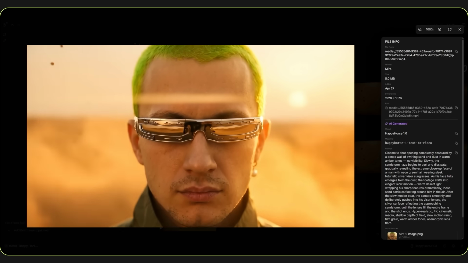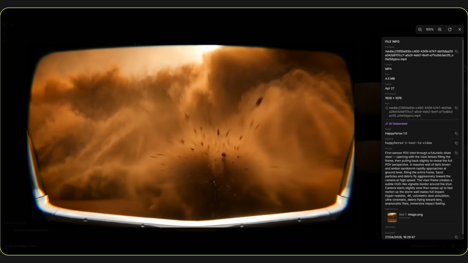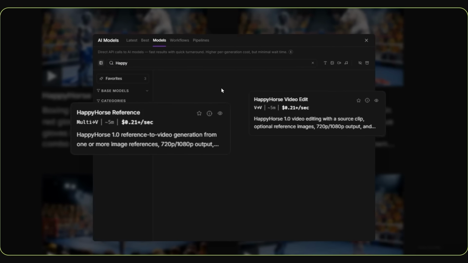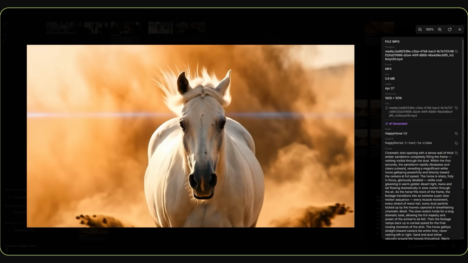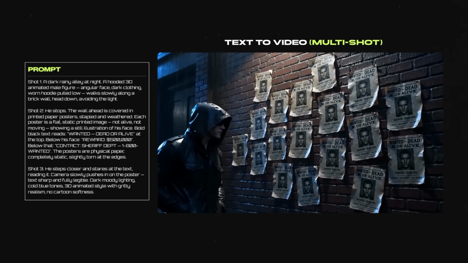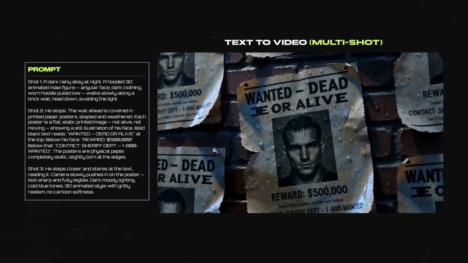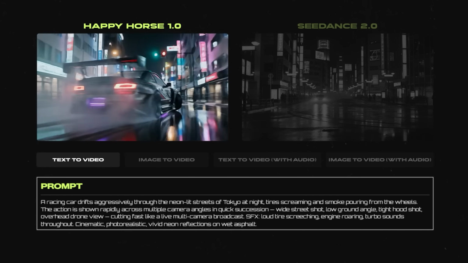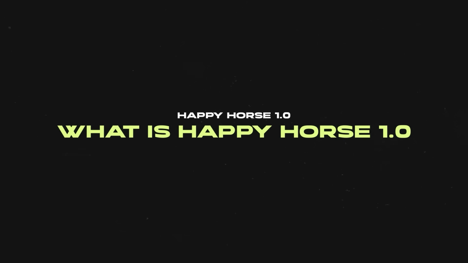In this video, I'm going to show you everything you need to know about Happy Horse 1.0. We start with some great news. The tool is now available inside FlashBoards. Then I'll walk you through what Happy Horse actually is and what makes it different. After that, we'll take a practical look at the visual styles it supports and what it's capable of generating, including a side-by-side comparison with Seedance. Is it really better? And to wrap things up,